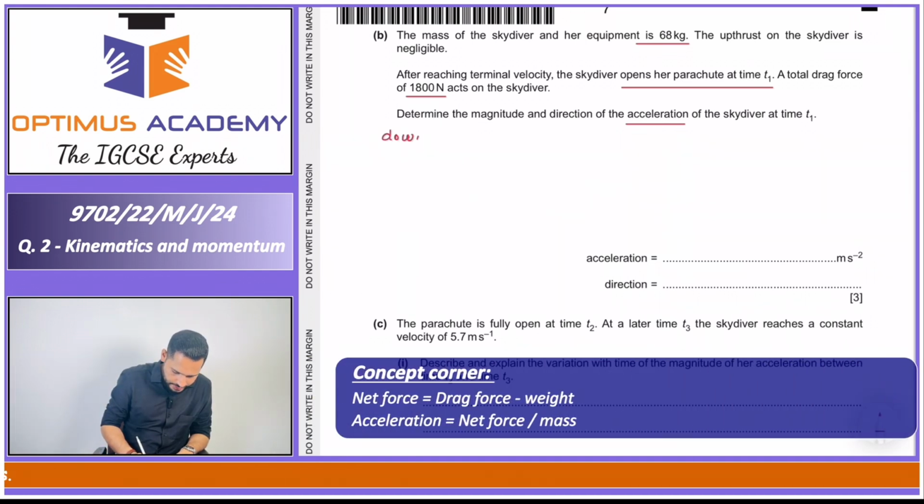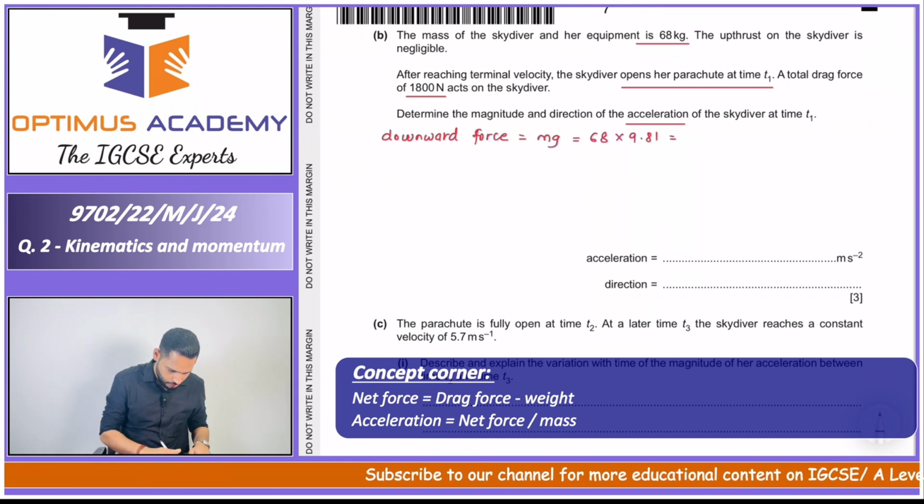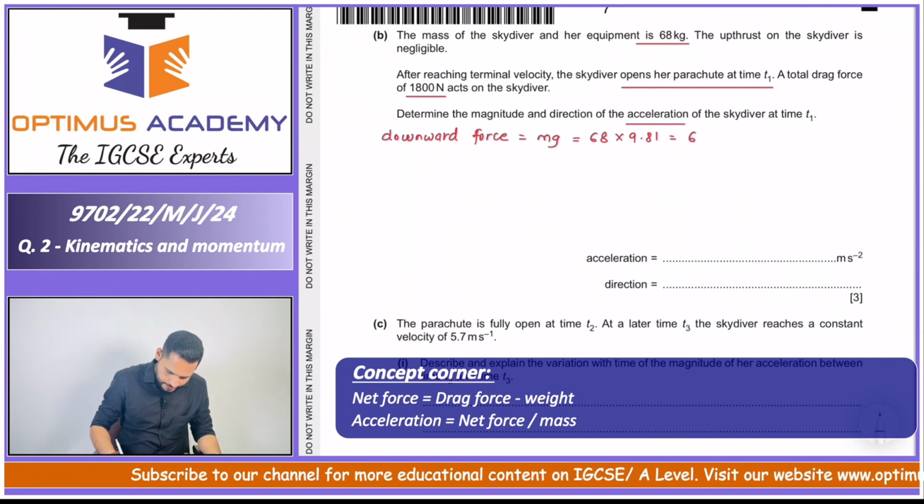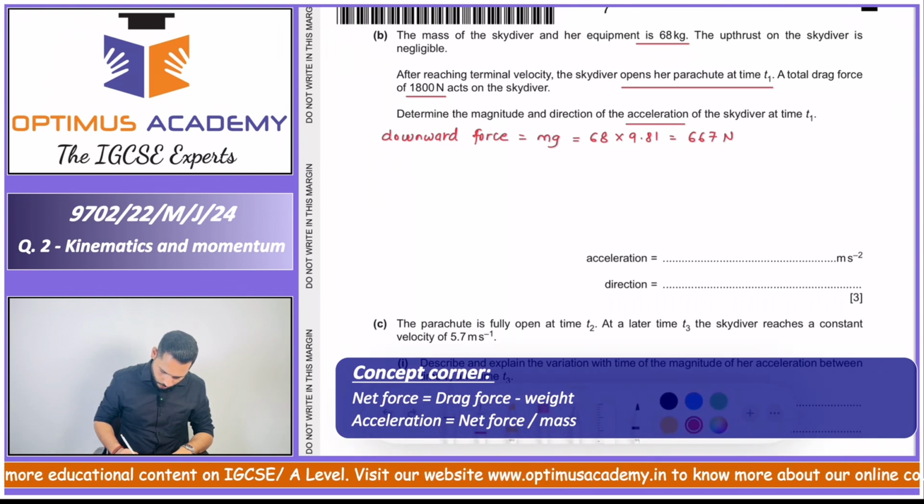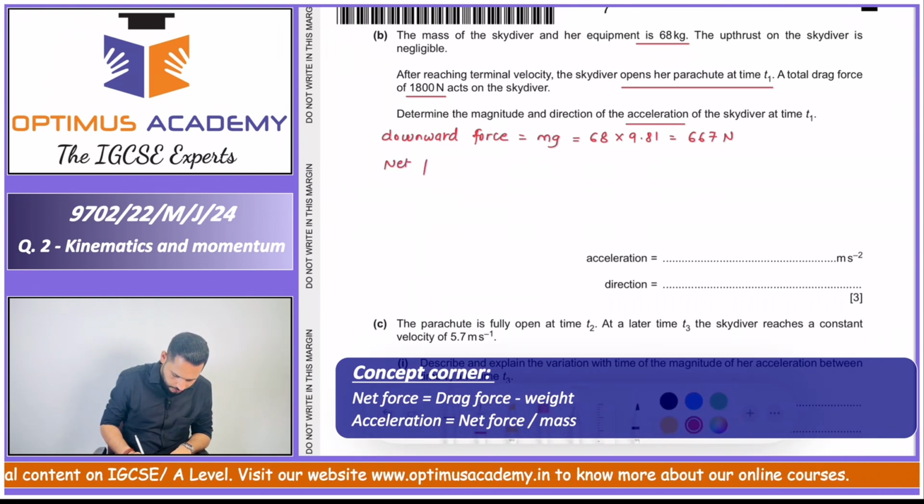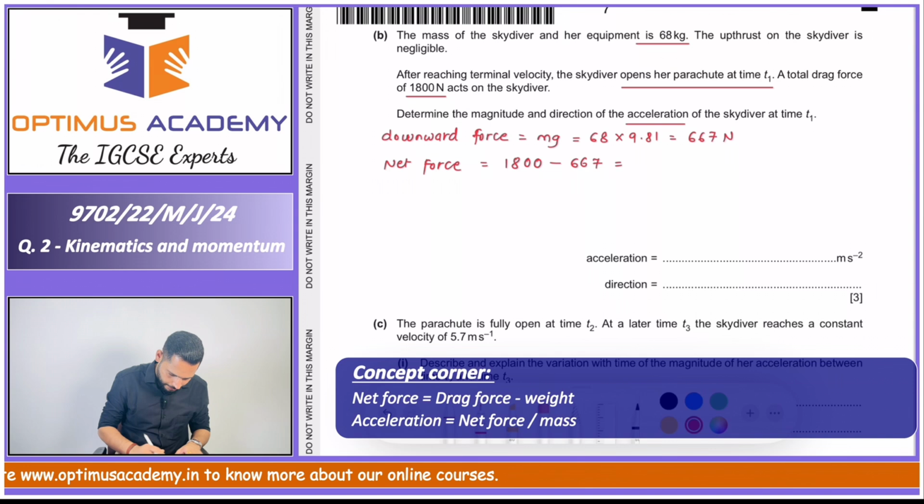Now, we will first calculate the downward force acting on her. The downward force will be due to her mass, that is mg. It is 667 Newton. We already have the upward force, so we can calculate the net force acting on her. It will be 1800 minus 667